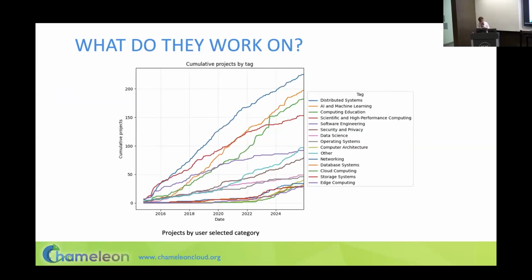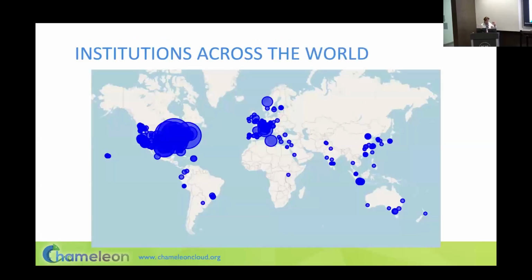So what do users work on? Here's some data on how users classify their projects. I take this data with a grain of salt, because sometimes users classify things based on what they perceive as their area of research rather than necessarily what the project is doing. So we had a project that was using AI for power efficiency, and I asked, did they classify it as power efficiency or did they classify it as AI? And the answer was operating systems. Okay, so like I said, with a grain of salt here.